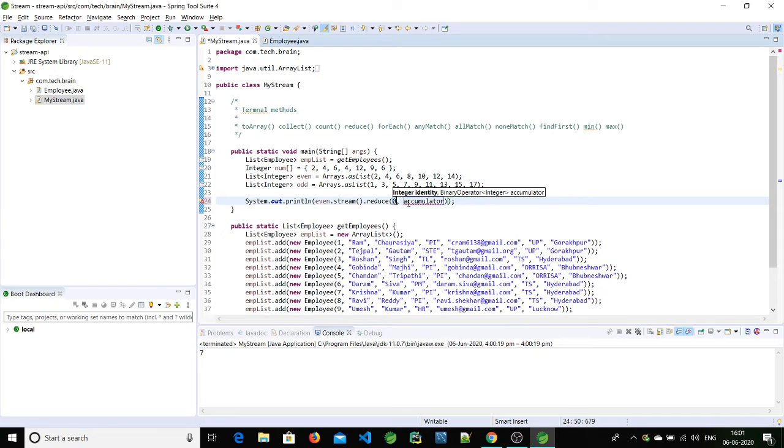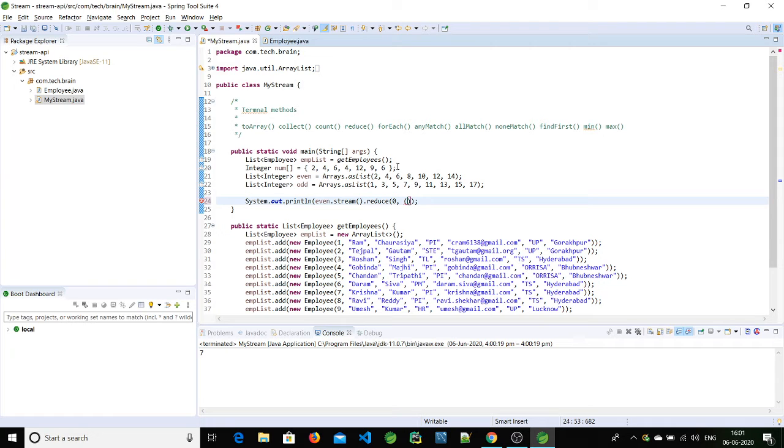If there is nothing, then 0 will be there, and this is, we can say, the first value or initial value. So this is the default value. If nothing is there, then 0 will be the result, otherwise we'll perform the accumulator. In the accumulator we'll create a function. That function can be written like this. It will expect 2 parameters. One is the subtotal. What it will do, it will pick each element and start adding to the previously